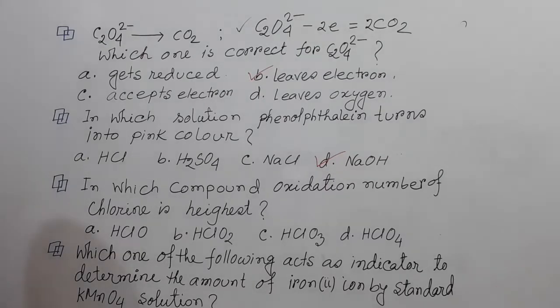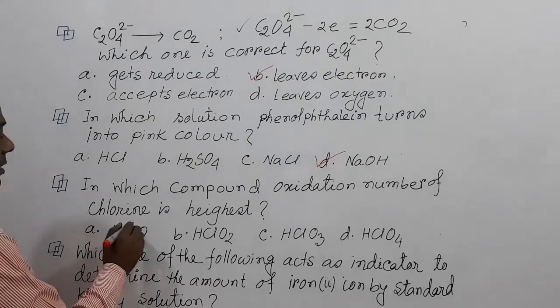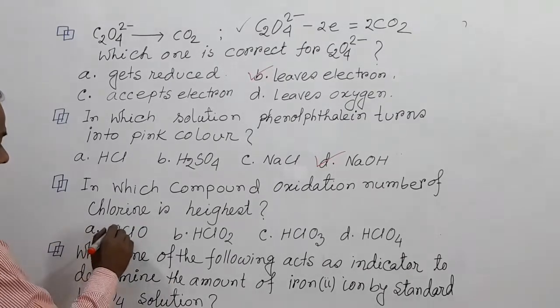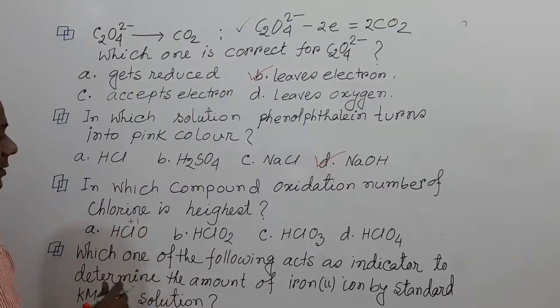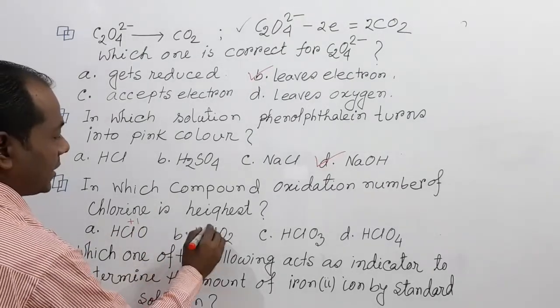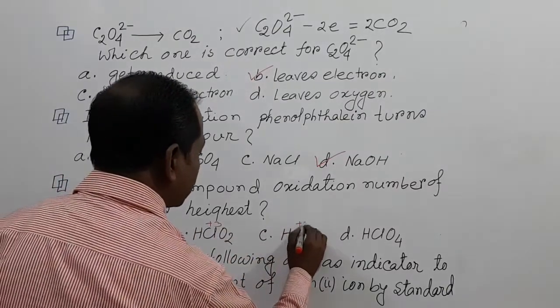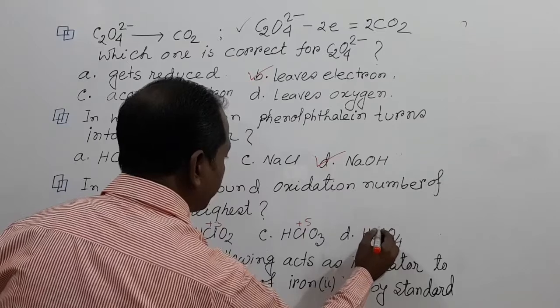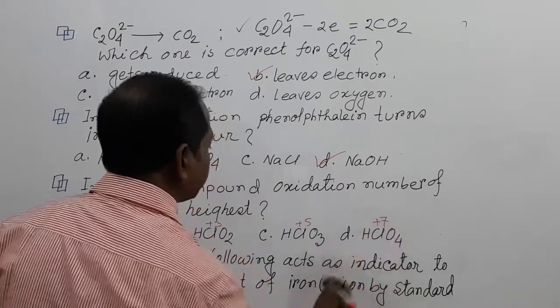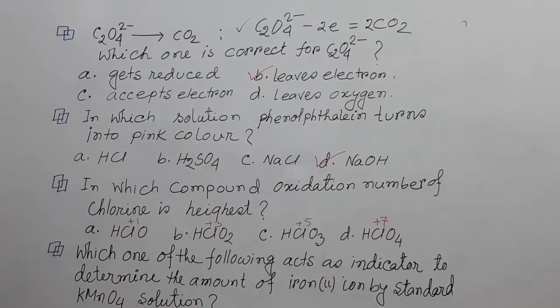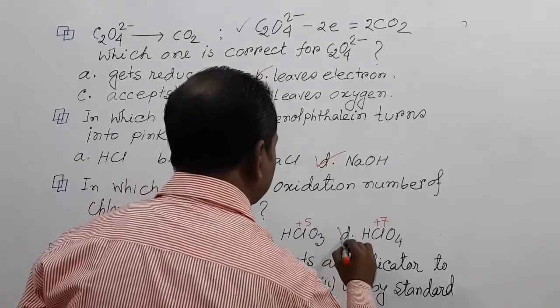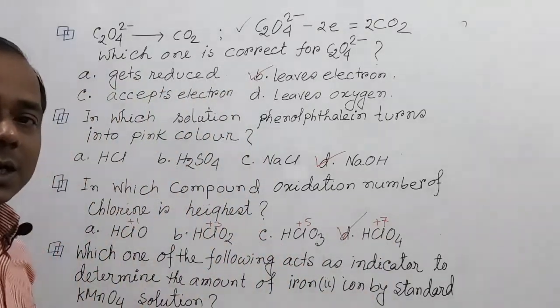If we calculate the oxidation number of chlorine, for this compound it is +1, for this compound +3, for this compound +5, and for perchloric acid it is +7. So the highest oxidation number of chlorine is for perchloric acid, and option D is the correct